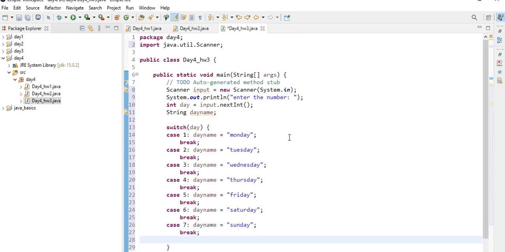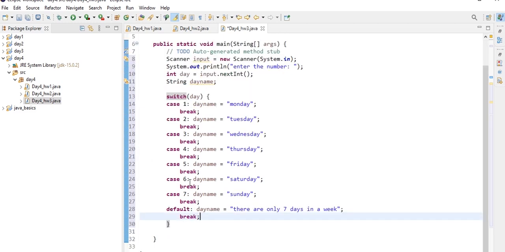And now suppose there are only 7 days in a week, and if I type 8 or 10, then there is no such day. So for that we need to have a default case, that is default: day name is equal to check your input, or let's say only 7 days in a week, and let's break this.